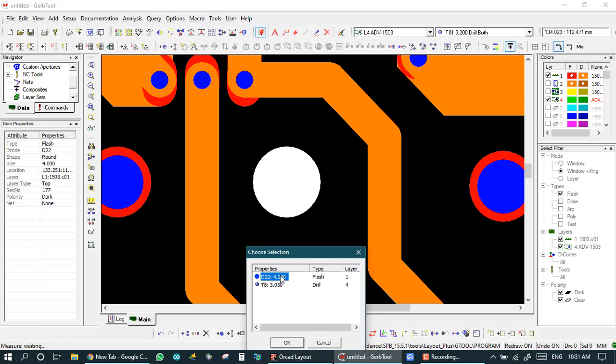So if here the distance between the drill and flash is low, then we make the distance by editing the flash, and we normally increase the size of the flash.